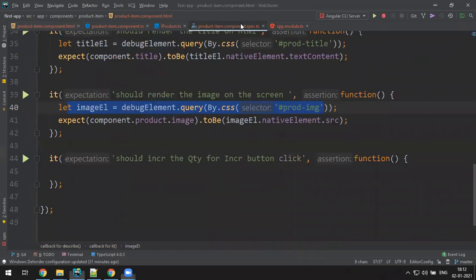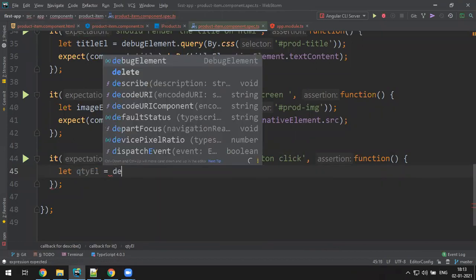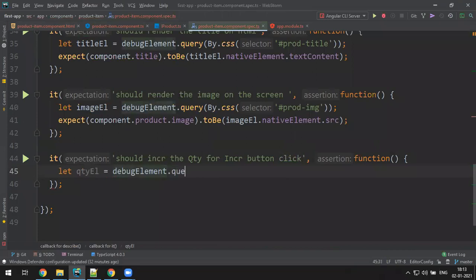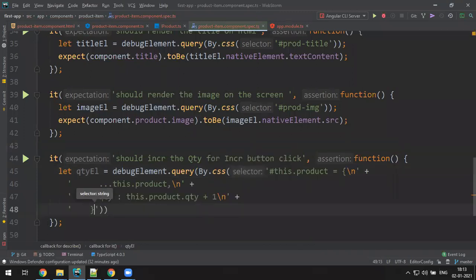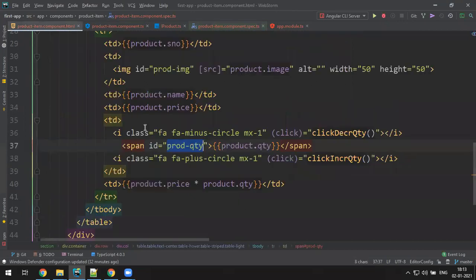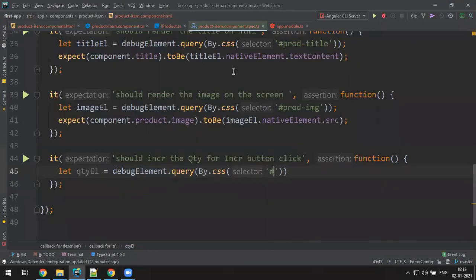Let's say let qty element equals debugElement.query, By.css, with the ID hash, the one with hyphen quantity.